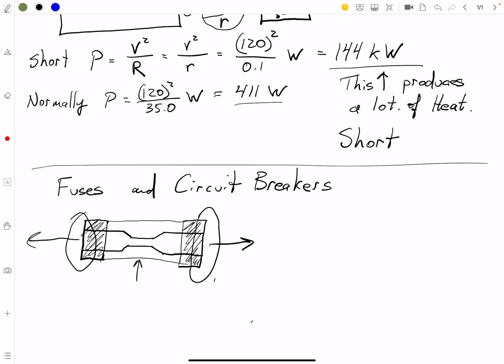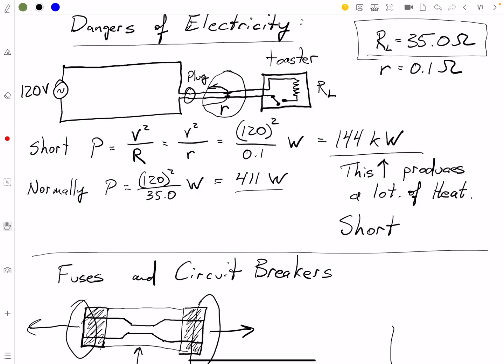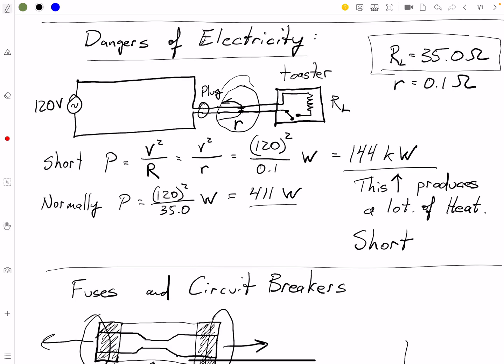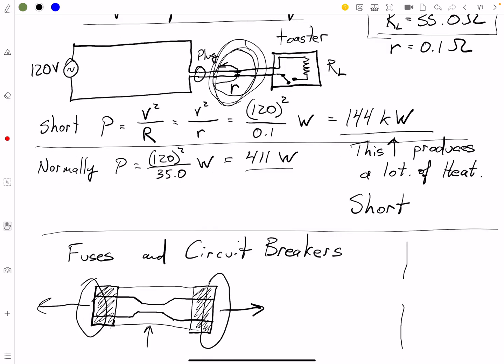And then this part in the middle will definitely blow, and it blows because we don't want this to get too hot. We don't want this bit right here to happen. So what will happen is before this short can do its thing, this fuse will break. Okay, the fuse here